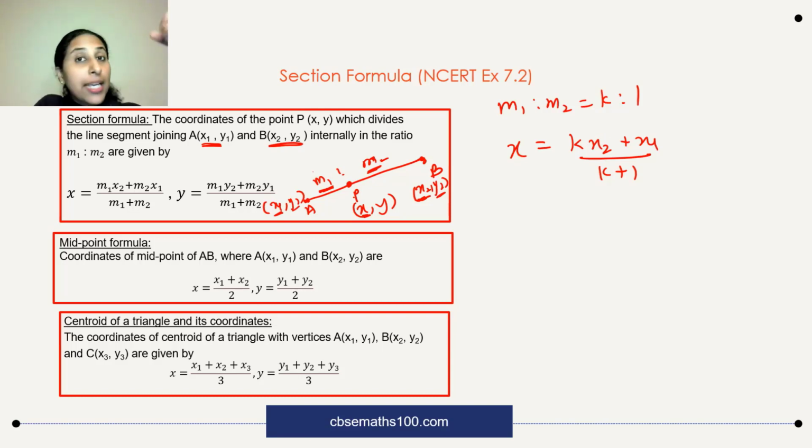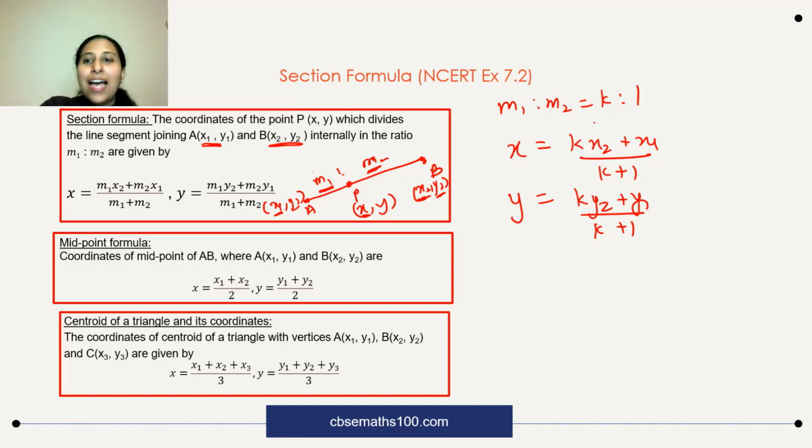If you know the y coordinate of the point of internal division, so suppose we are saying that we want to find out in which ratio x-axis is intersecting this. On x-axis, y coordinate is 0. So that means you know y coordinate. You could put that y coordinate is equal to k y2 plus y1 divided by k plus 1. And then you can solve this equation. You solve this, find the value of k. That value of k will be the ratio which you need. Okay. So this is the way that you can solve questions based on section formula.